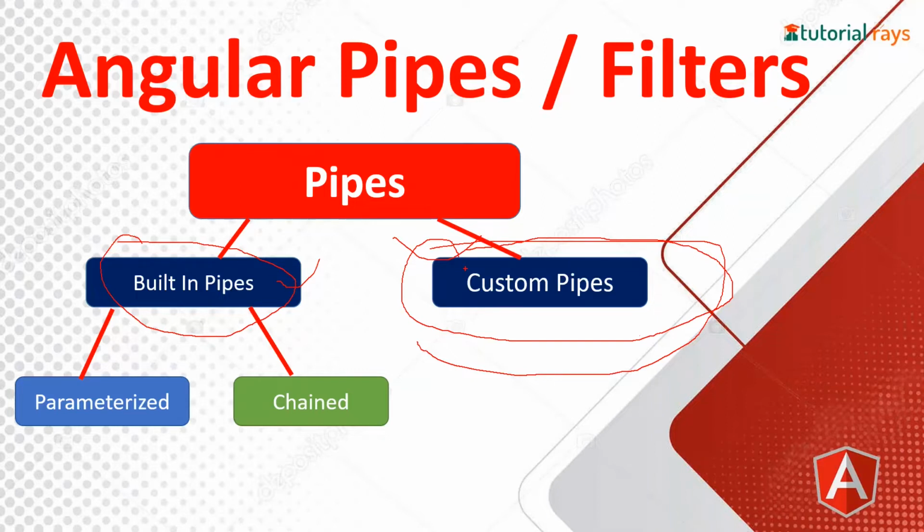For example, in a further example we will create custom pipes, and also do a search. And built-in pipes can also be parameterized. You can pass a parameter, and more than one parameter can be passed, chained. So let's see